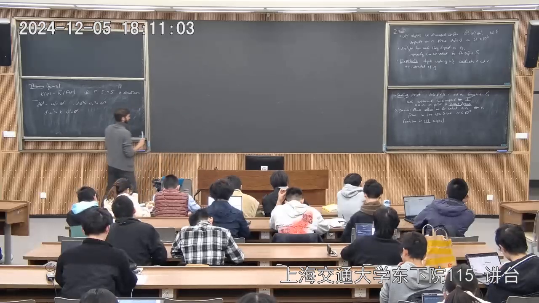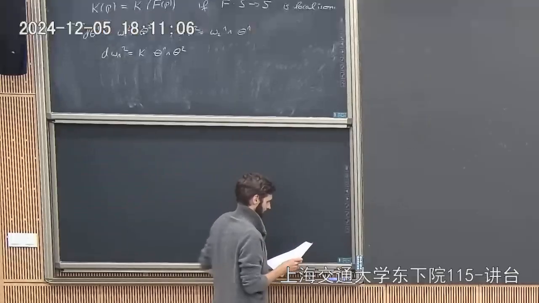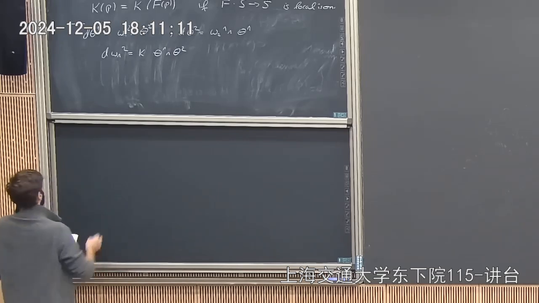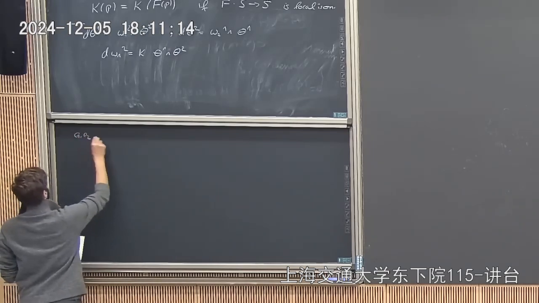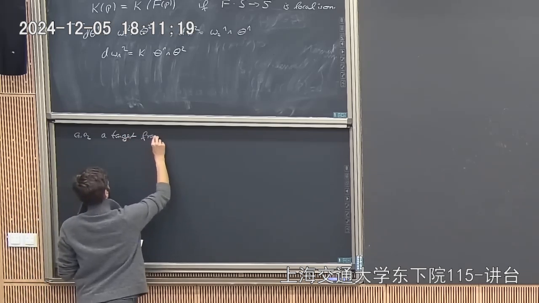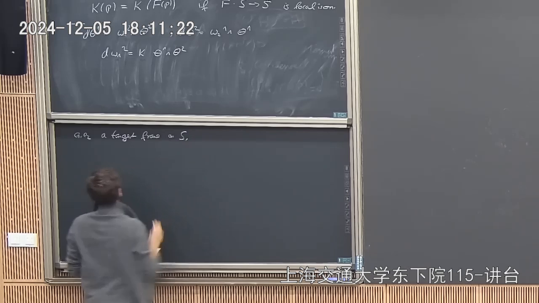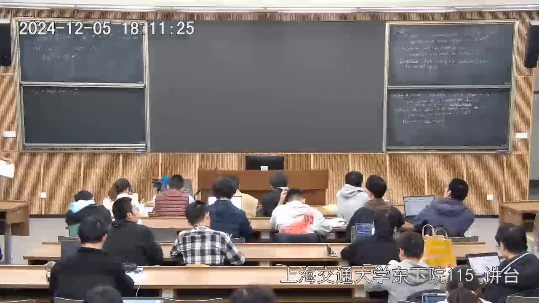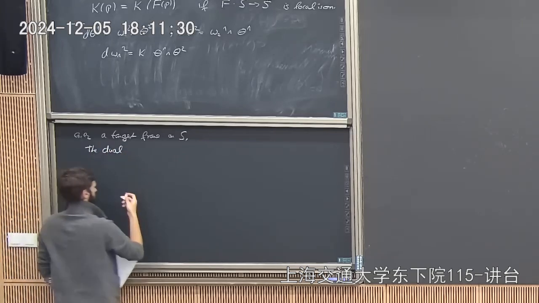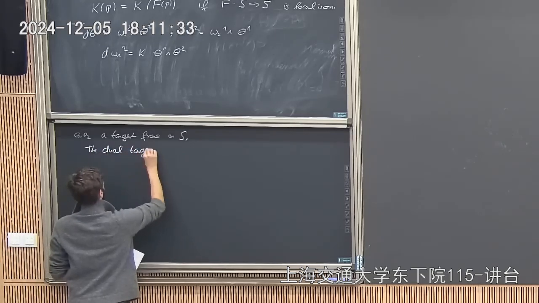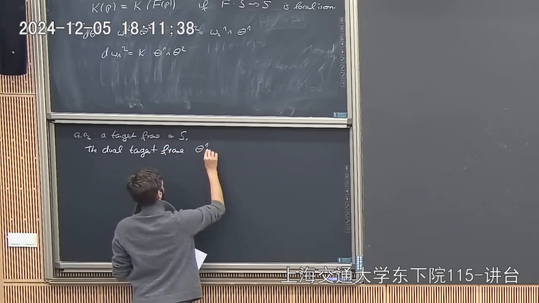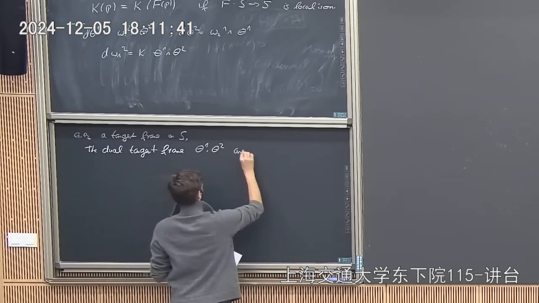Okay, so now we essentially parallelize the same discussion that we had before. So we have E1, E2 tangent frame on S, and then we can define the dual frame. The dual tangent frame are one forms